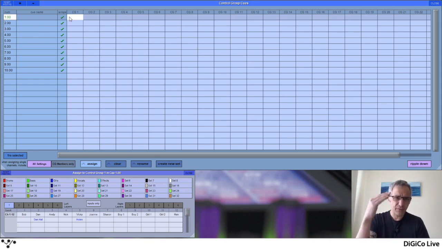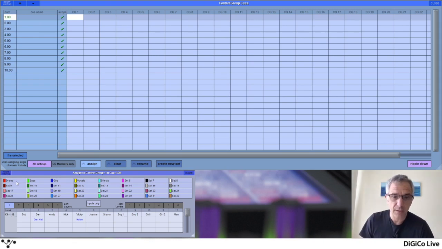And if we do it from the top down, obviously working with a script, and we've done some planning for this, using the ripple function and the clear, it's very quick for us to assign in and build these CG assignments. So a combination of this panel and our assign to control group little floating panel that's got our channels in it. And if we just look at that panel for the moment,